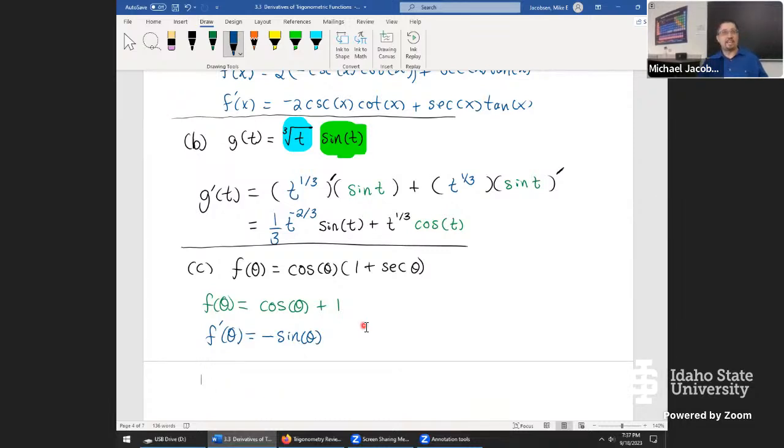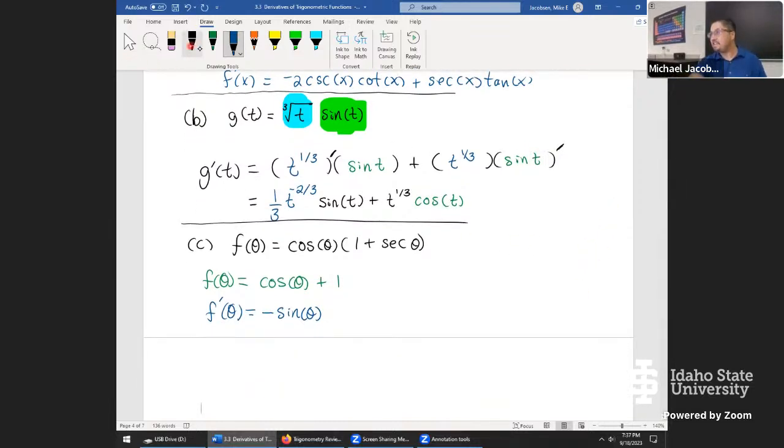Okay, let's try one more that kind of goes like that. Then we'll do a slightly harder one with the quotient rule where there's no big tricks. We just have to sort of go through it and then simplify. So for part D,